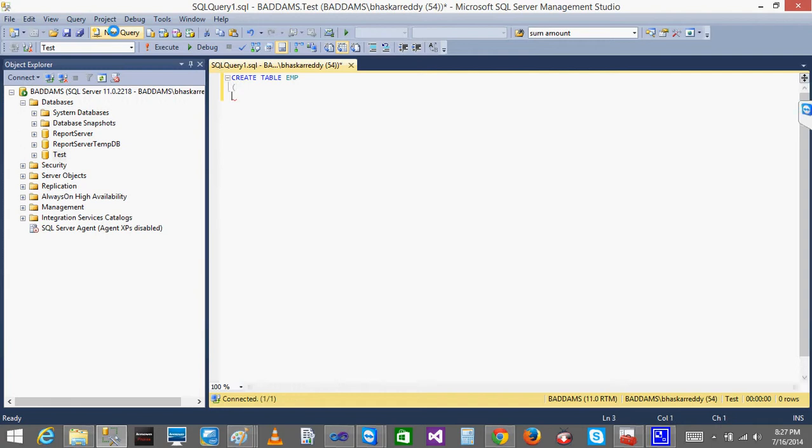I'll give EMP ID as integer. After giving integer, I'll give the primary key. That's it. So that column will be assigned as a primary key. Next, I'll insert one more column called manager ID.